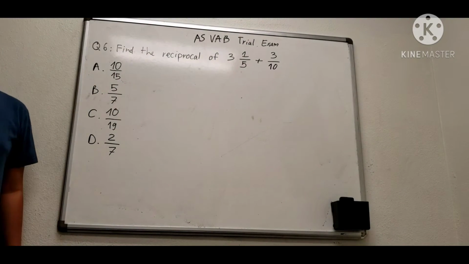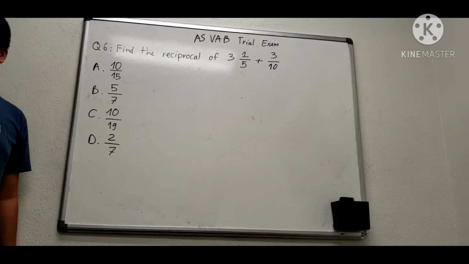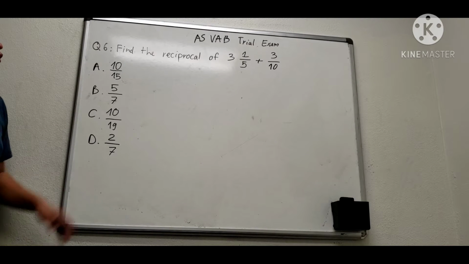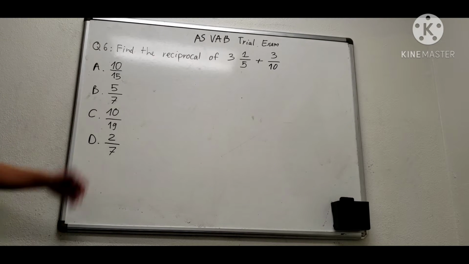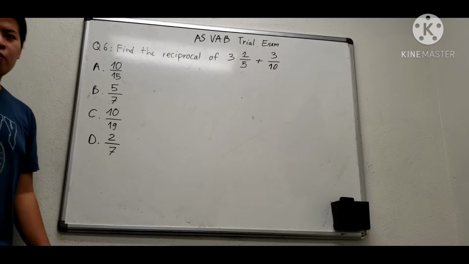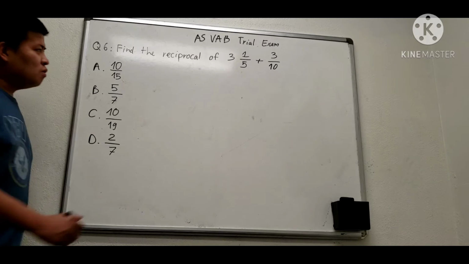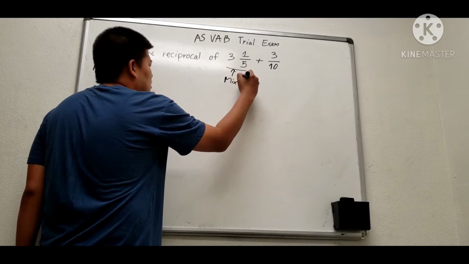So now I want to show about the answer key of ASVAB Trial Exam number 10. Question number 6. Find the reciprocal of 3 and 1 over 5 plus 3 over 10. So this is about the sum of two fractions. To do this, in a question like this, you need to convert the mixed fraction